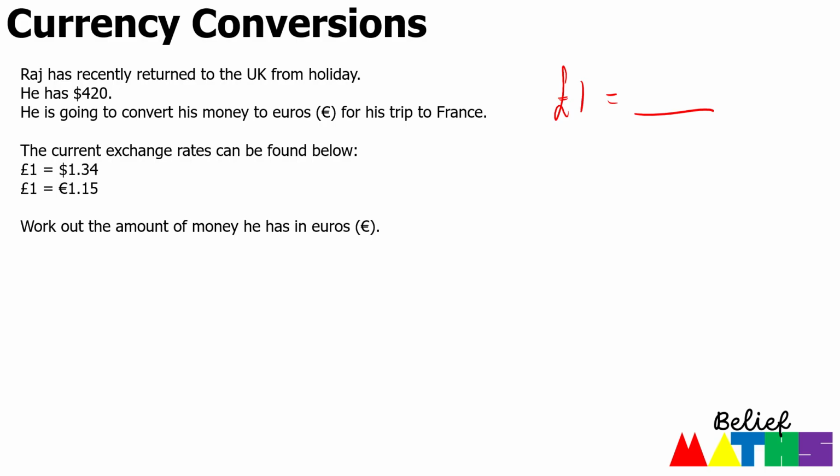So if you're converting from pounds, you're going to multiply. If you're trying to get back to pounds, you're going to divide. So therefore, to convert those pounds, or those dollars I should say, into pounds, we do 420 divided by 1.34. So 420 divided by 1.34, and that gives us